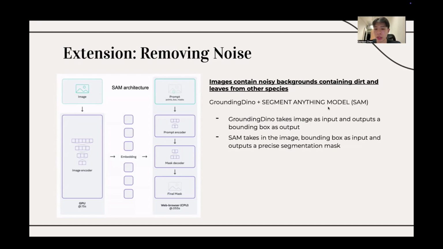the Segment Anything Model. Grounding DINO is a vision language model that generates a bounding box based on a text input. And the Segment Anything Model would generate a segmentation mask based on the output of Grounding DINO. So the way the Segment Anything Model works is that you take an image, and in our case, it would be a leaf, and it would be passed to an image encoder to generate image embeddings of that image. At the same time, we'll pass in the bounding box that was generated from Grounding DINO, which would be passed to the prompt encoder and passed to the mask decoder along with the image embeddings to produce the segmentation